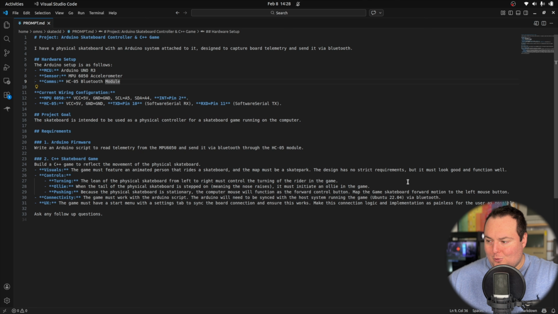Map the game skateboard forward motion to just our left mouse button, just to make things simpler. For connectivity, the game must work with the Arduino script, and this is where they'll have to have some cross compatibility, because this is going to be a C++ game running on our host system. However, it's going to have to input telemetry from the Bluetooth module running on this skateboard device and then translate that into skateboard movements. So these are going to need to communicate with each other in a functional way, which is essentially what the connectivity step says, telling it the host system is running Ubuntu 22.04